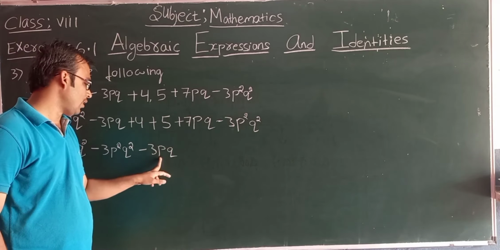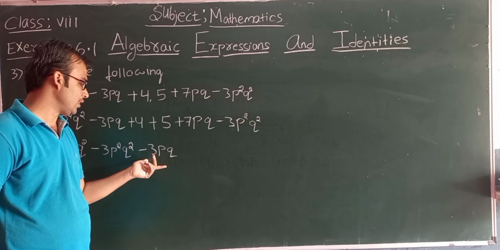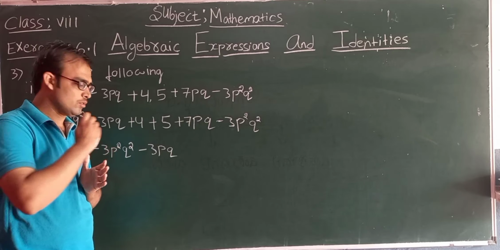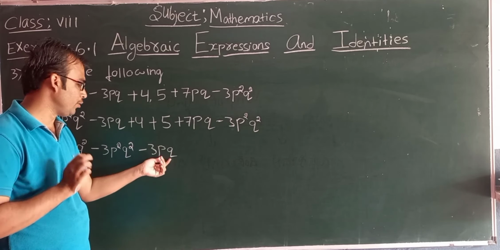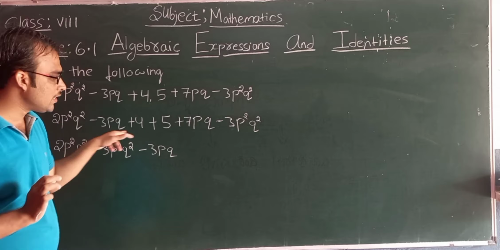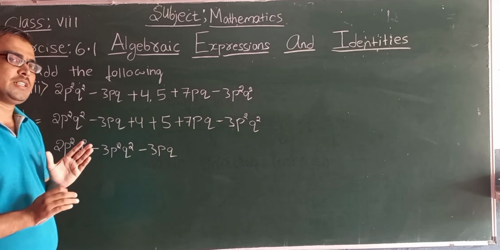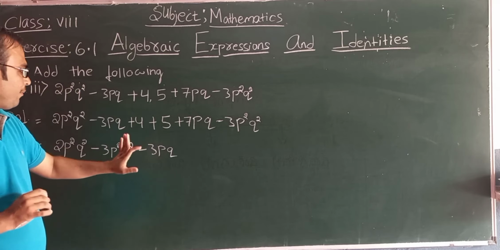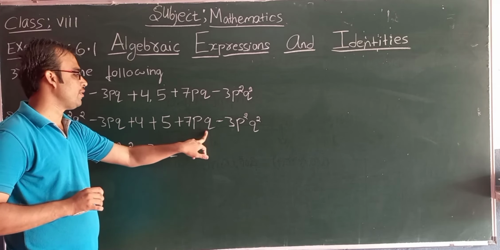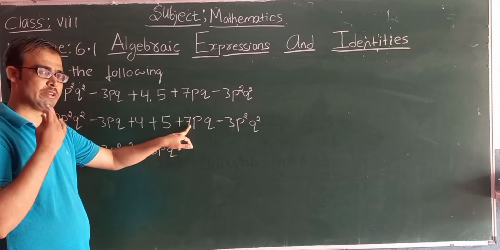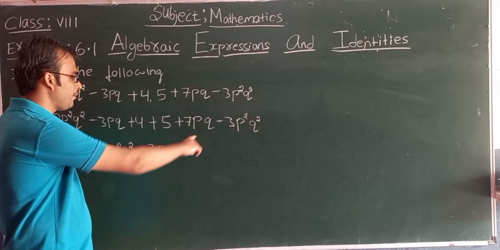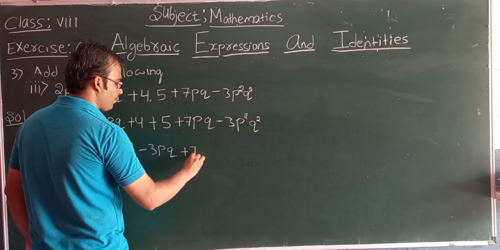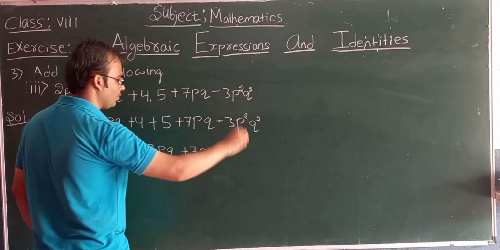3pq. So now this is a term. So what we need to do here also, you need to write its like term, and to write its like term you need to check the variable part. So in these terms just see whether there is any other term with respect to pq or not. Here I have written pq, these are the numbers. So here pq is there, no? So don't worry about the numbers, whatever they may be. So write this term, with respect to sign and number, 7pq.